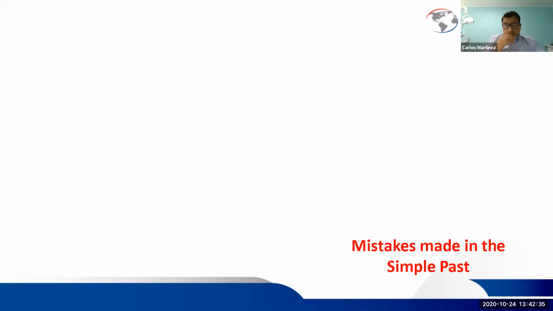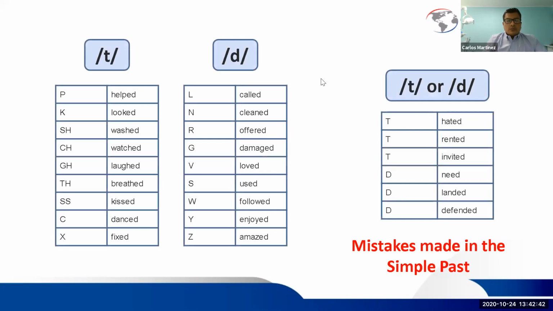Okay, now, mistakes made in the past. Why is it important to know about voiced or non-voiced? Because sometimes when we pronounce, we don't make this differentiation. It's important to make this differentiation. For example, if I have a word that finishes in, let's say, one of these